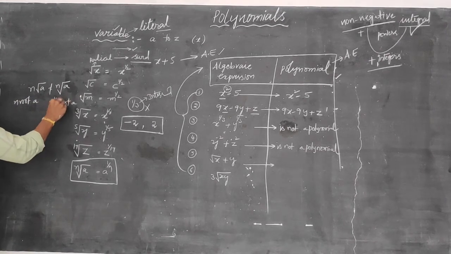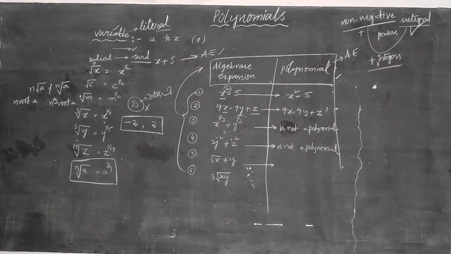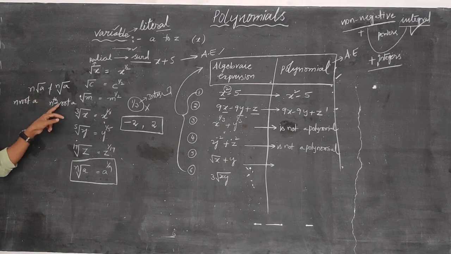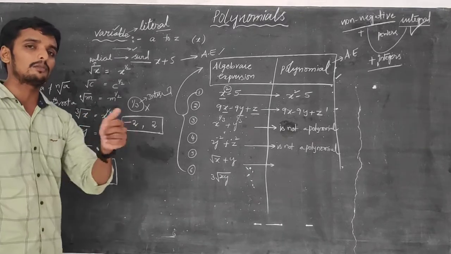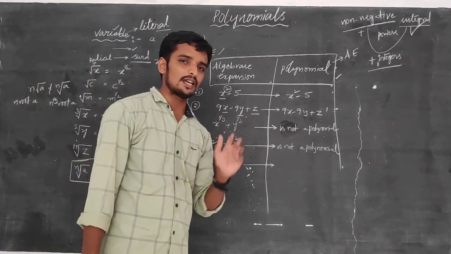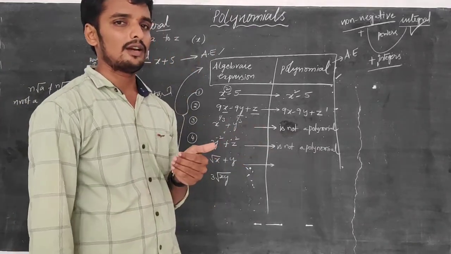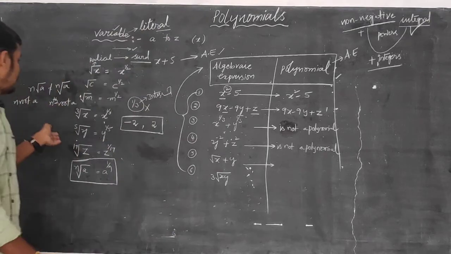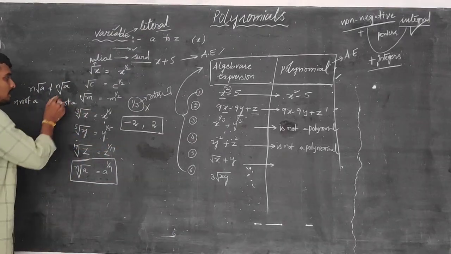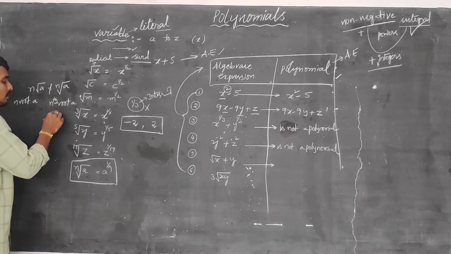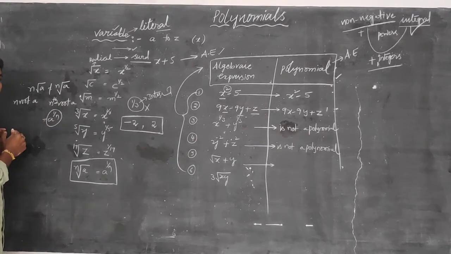So I think you know the difference between n and nth. Do you know that? Yes, we know. N root a is n into root a. Nth root a is a to the power of 1 by n. 100 means 100, but 100th means 1 by 100. 10 means just 10, 10th means 1 by 10. The same way, n means just n, nth means 1 by n. So nth root of a means a power 1 by n.